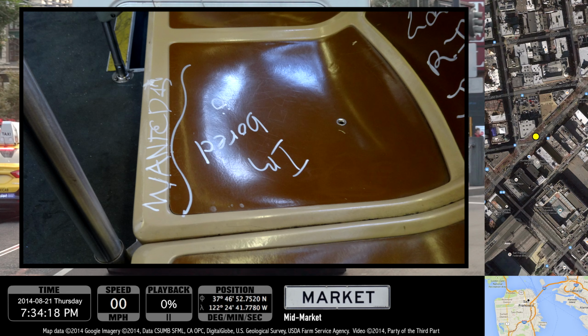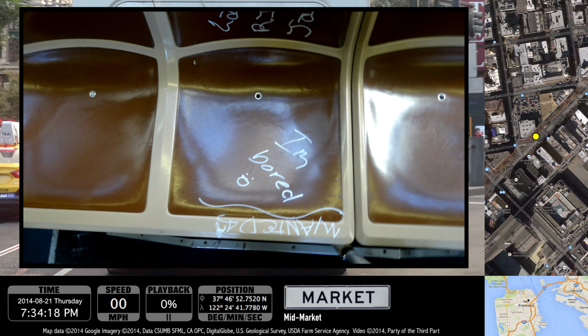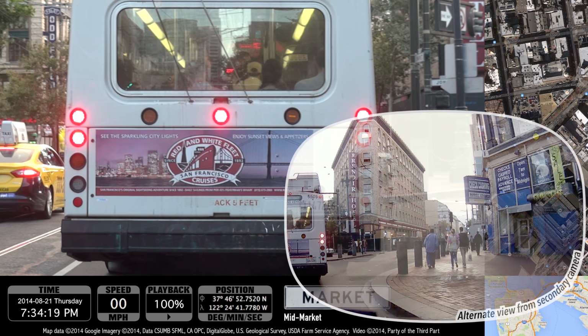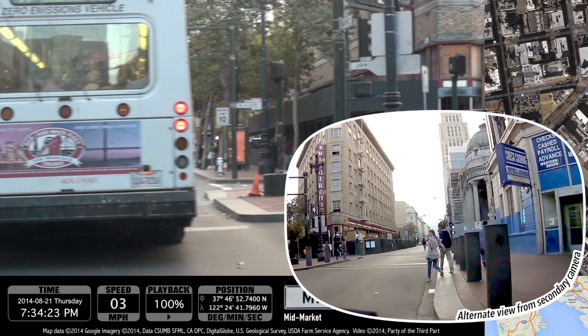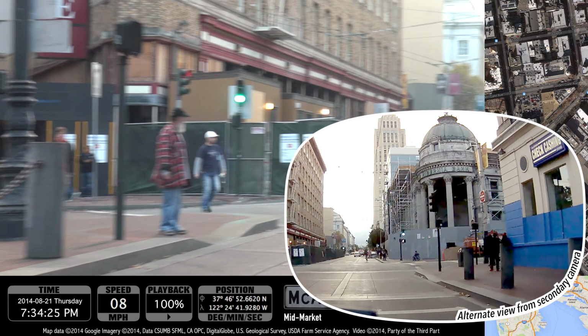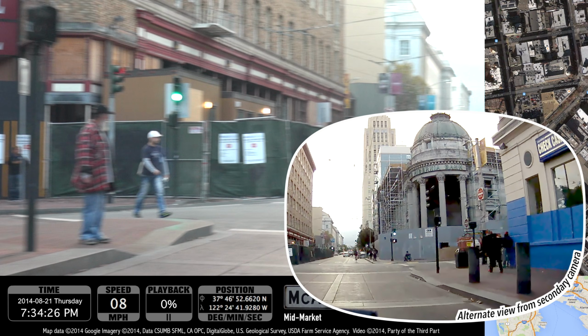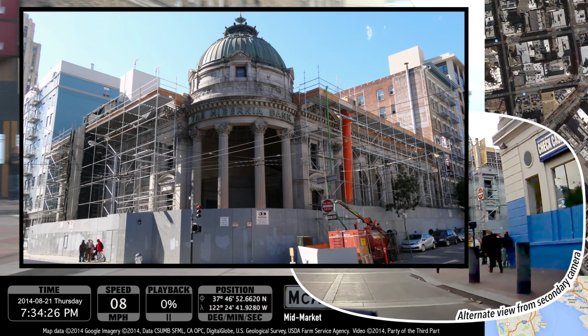And you know, sometimes those bus rides can get just a little boring. Off to the right is the old Hibernia Bank building. This was an important building that was completed in 1892, famous for its grand architecture and housing one of the city's first banks, and it survived the 1906 earthquake.